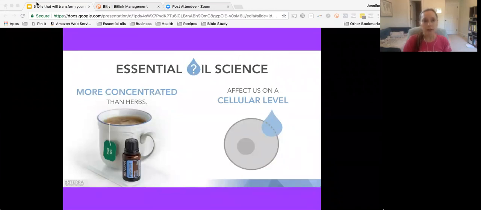Another great thing about oils is that they are incredibly concentrated. A little bit goes a very long way. They're about 50 to 70 times more concentrated than the herb. So 1 to 2 drops is all you need per serving. If you think about a bottle of oil, it's going to last you a while. In a standard 15 milliliter bottle of oil, there's 250 drops.